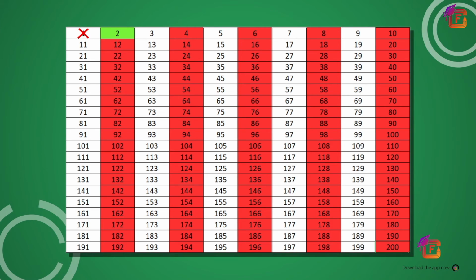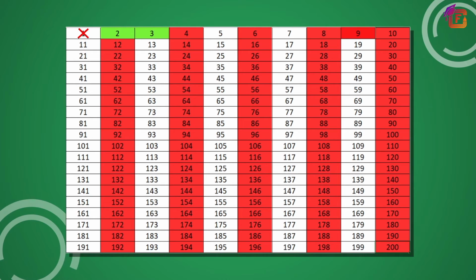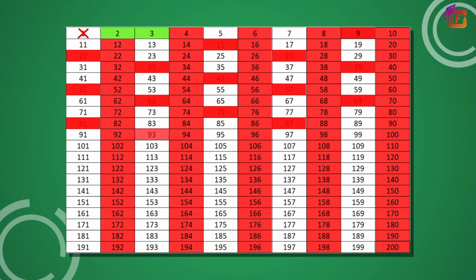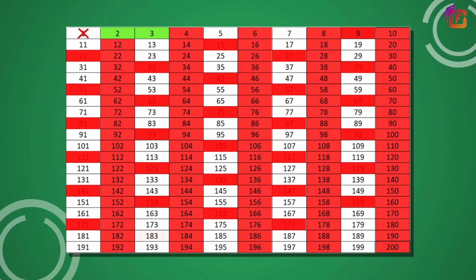Pause this video to try. I hope that your table now looks like this. The next number left is 3, so we keep it because it has 2 factors, 1 and 3. Now we color all the multiples of 3 as red. We know that all multiples less than 9 are already crossed out. So we can start coloring at 3 square, that is 9.